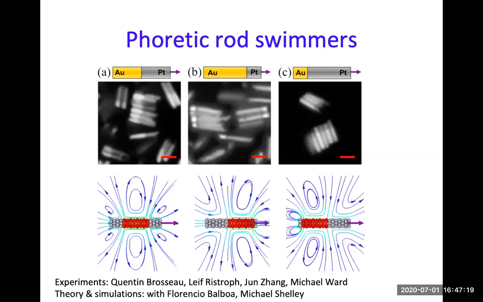The other thing is that doing a math model and simulation of this entire dynamic is actually very difficult because you have electrostatics, you have the chemical interaction, right, the ion exchange. So if you want to do detailed work on this, it gets hard. So instead, we wanted to simplify this into a hydrodynamic model. The idea is that where the junction of gold and platinum is, that's where you have the ion exchange, so there will be a slip layer on the surface of the rod. We don't know the size of this slip layer.